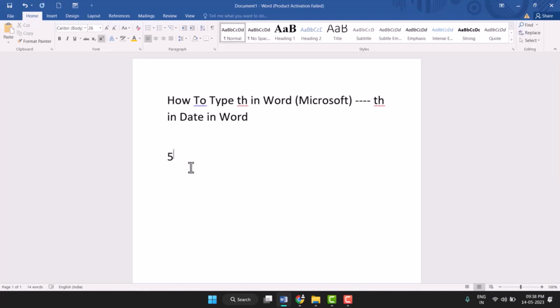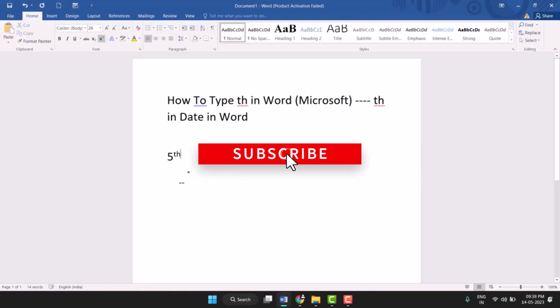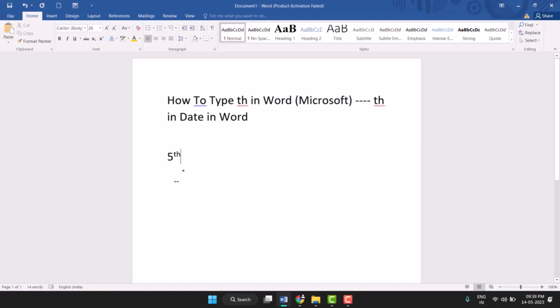Firstly type this th, press Control Shift plus equal to, type th, select the number, now press and hold Shift plus Control Shift plus is equal to. So you can very easily type this. Now turn off, Control Shift plus is equal to turns off this. So very easily you can type the th in Word, Microsoft Word and MS Word, and you can insert the